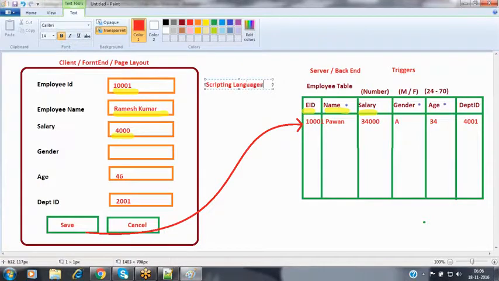Firoz? Yeah. For every object, do we need to have both client-side and server-side validation? Having a trigger for every object is a lot of load, right? What is the standard?